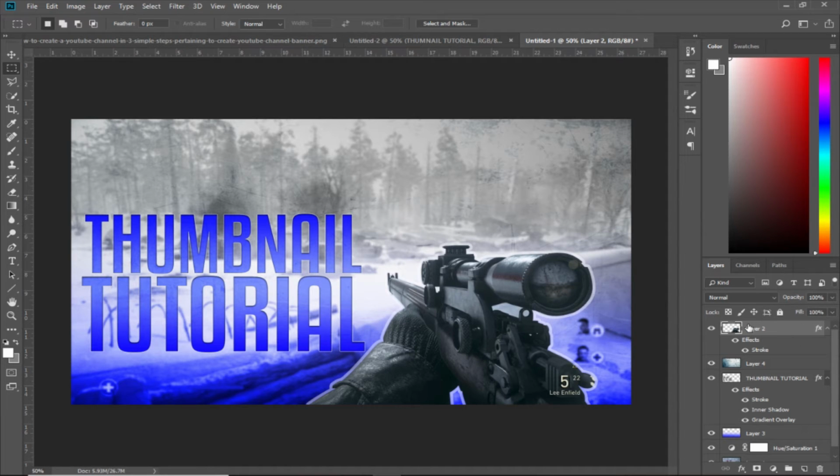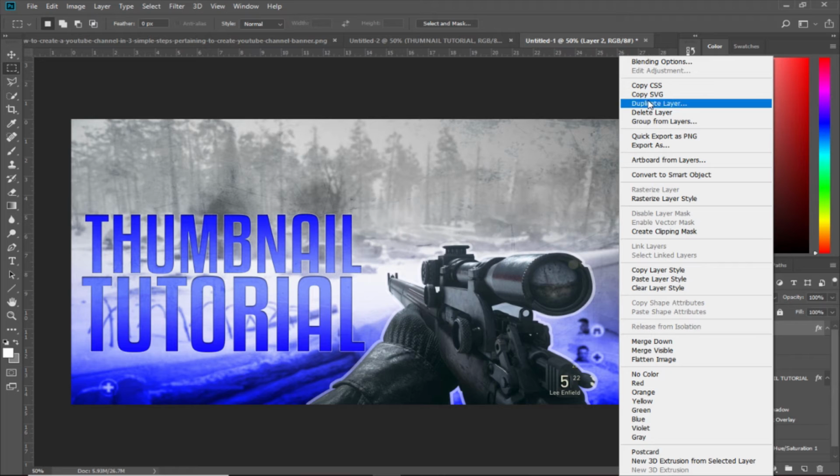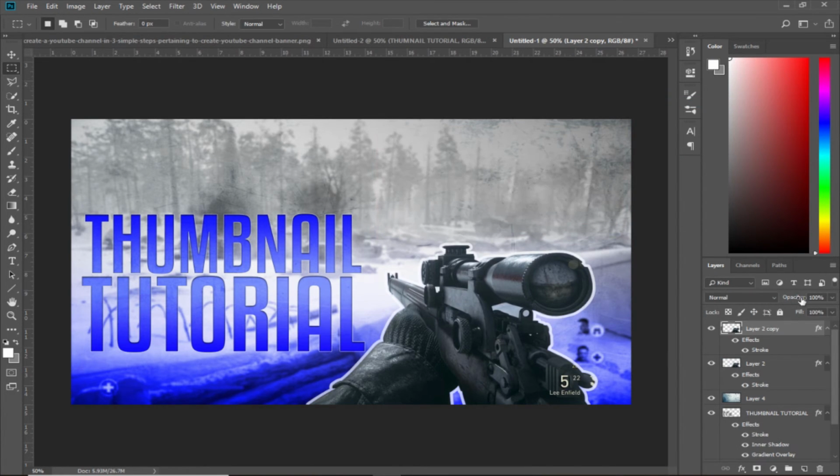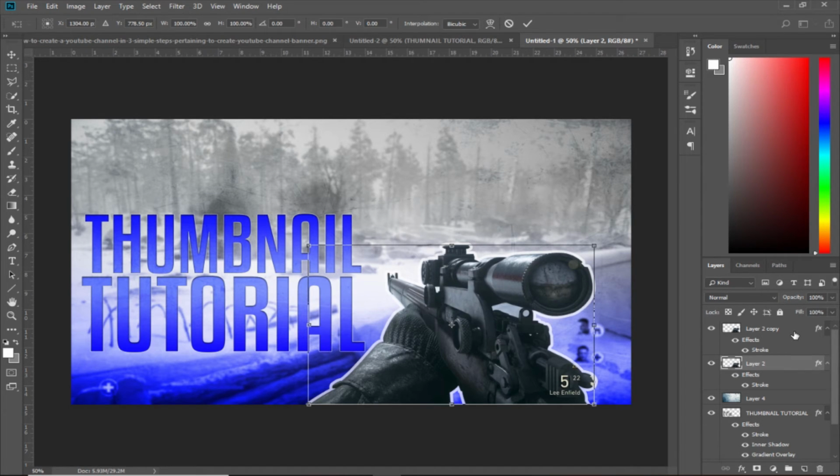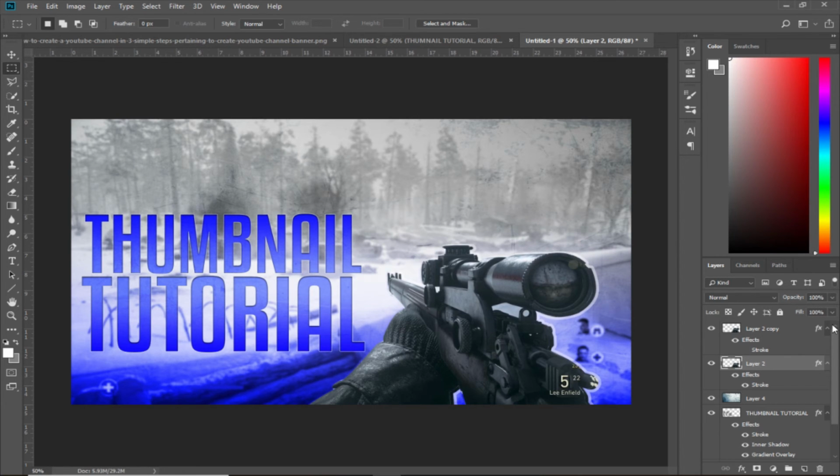And yeah, another thing that you could add actually is you could duplicate this layer, and then put Control T and kind of move it like that. So it's kind of like two, but I suggest do it without the stroke, so like that. Hold on, take out the stroke real quick. Like that, Control T, and you could just move it like that,